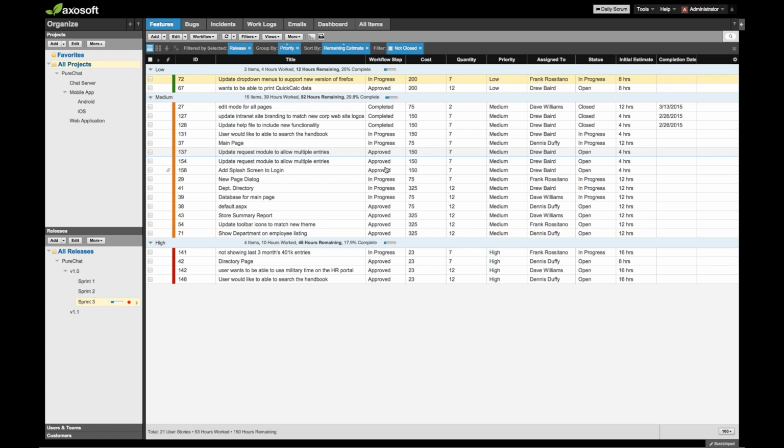Okay, so the reports that we have are very basic, but they're very easy to customize a little bit and swap out fields, and I want to show you how we can do that, as well as add a little bit of personality to the reports. So something that we have